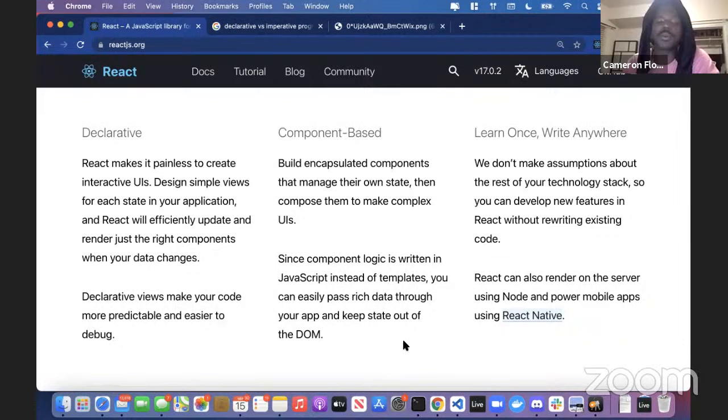You can pass JavaScript data over to each component, which is just different functions running, right? And before you ever have to say, hey, add an element to the web page, you can very easily just keep passing JavaScript data. And then learn once and write anywhere is a big value prop of React, because at the end of the day, it's very helpful in terms of,